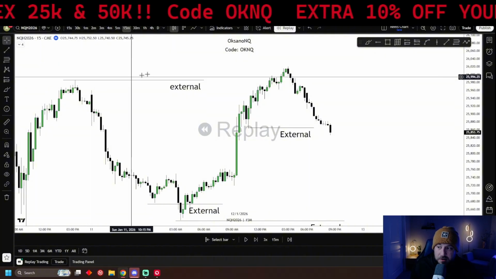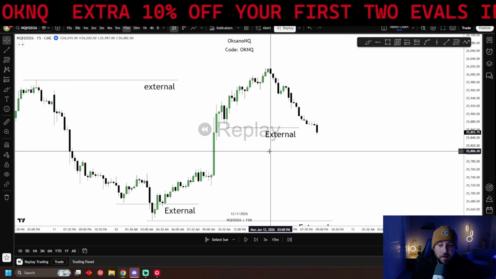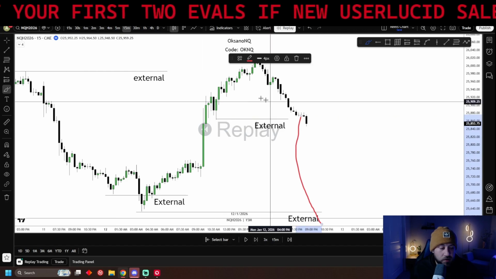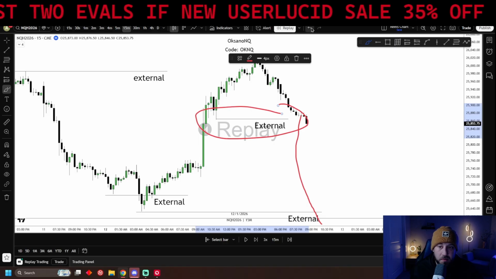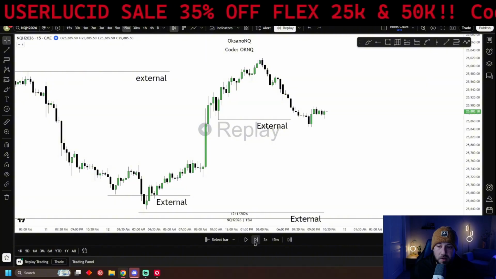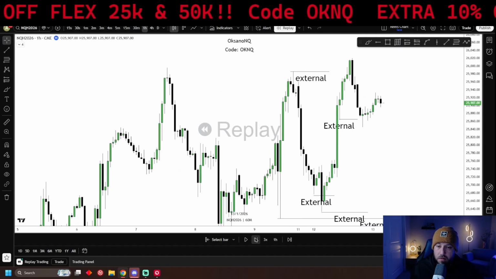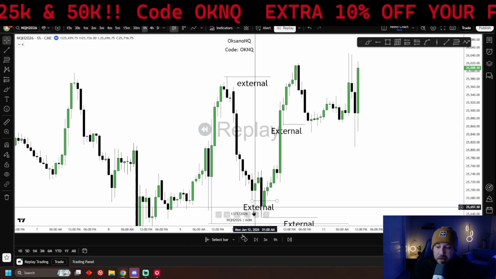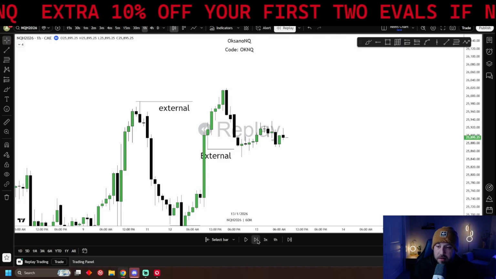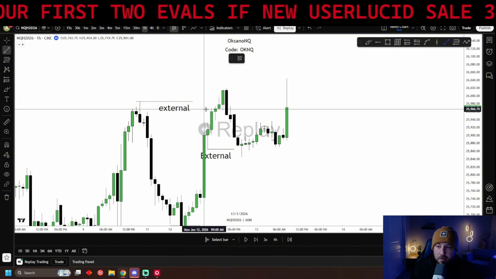So we have our external buy side sweep here. We come down, we have another external sell side sweep here. So now at this point, we don't have to come all the way down for these lows. This can be somewhere we turn around because this is still an external liquidity sweep. Even though it's not on the 1 hour, it's still 15-minute or higher. So we sweep that 15-minute low, and then look, we go for buy side again, I think. Yeah, so we sweep buy side again, right? So now we sweep buy side again. Boom. Then what do I do? We have another external buy side sweep.